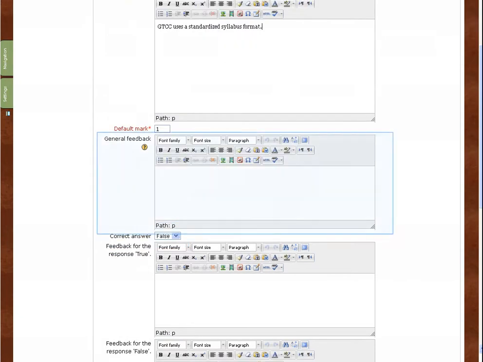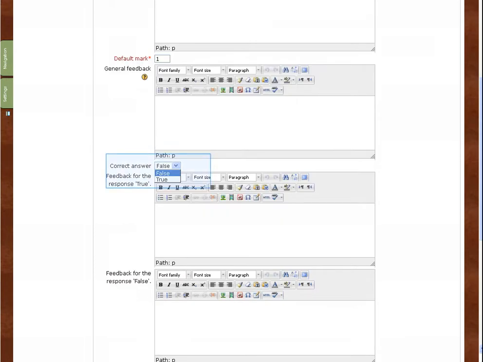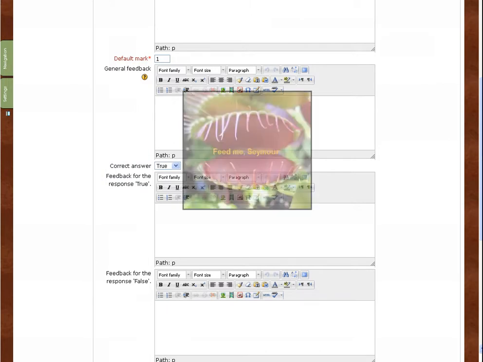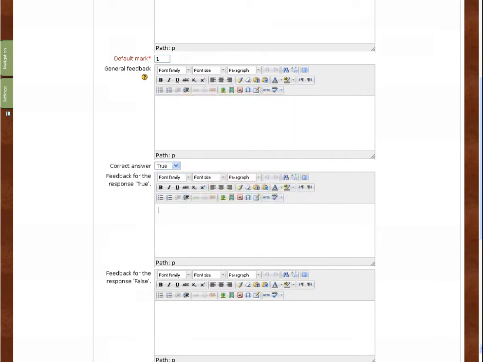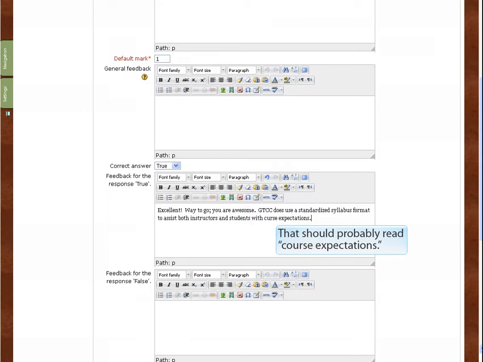I don't really feel that general feedback is necessary for this question, so I'm going to leave it blank. The correct answer for our question is true. You are not required to create any feedback for your quiz questions. Doing so, however, is extremely helpful for your students, and I am including feedback for you on our quiz. So if the question is answered correctly, students will see my feedback for the incorrect response,